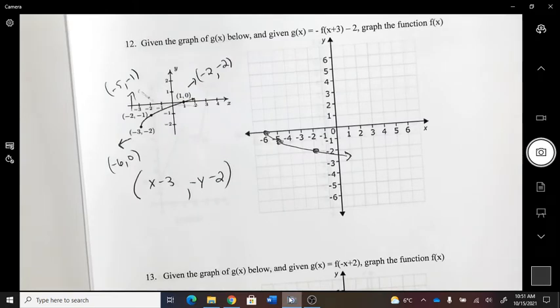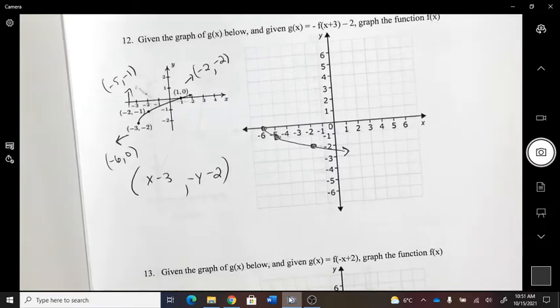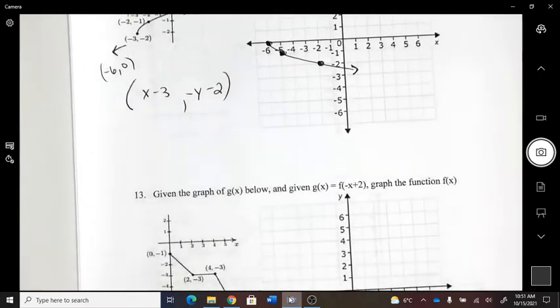Reflection right, or no, sorry, reflection left and down, right? So everything you see? Okay, number 13,